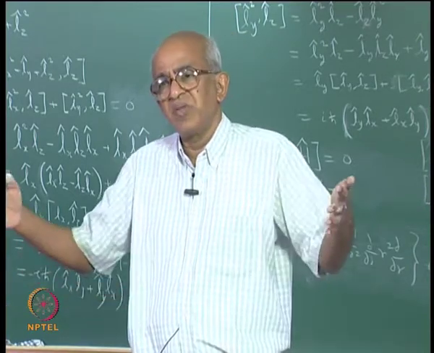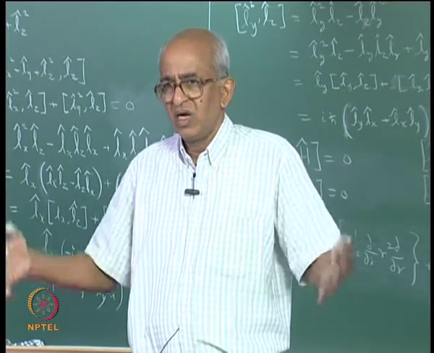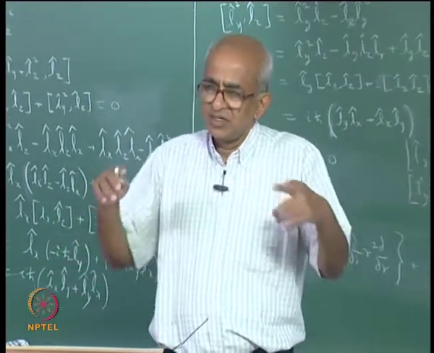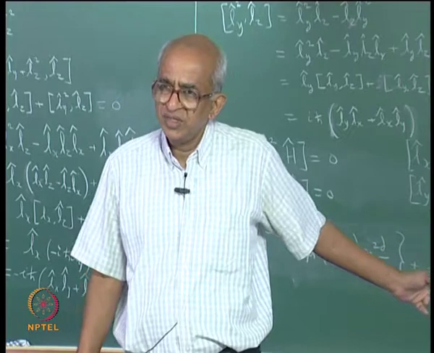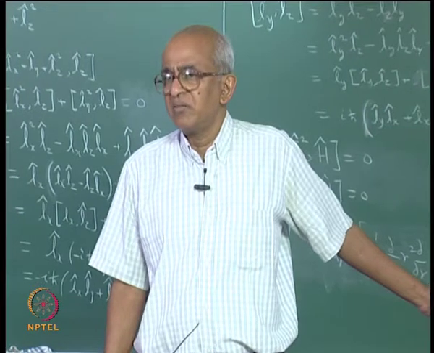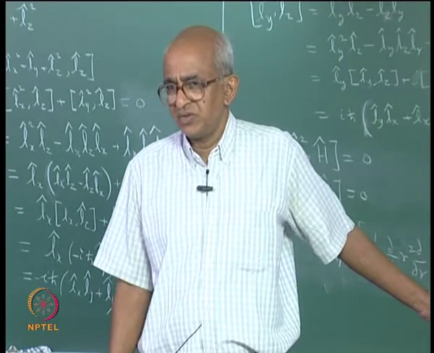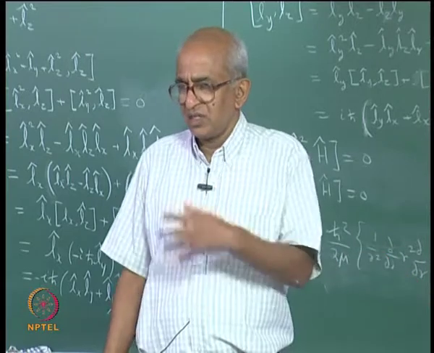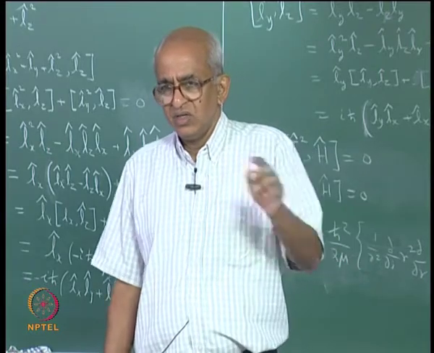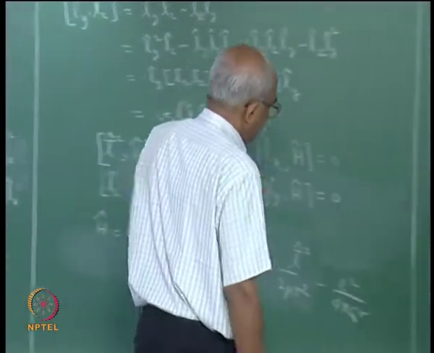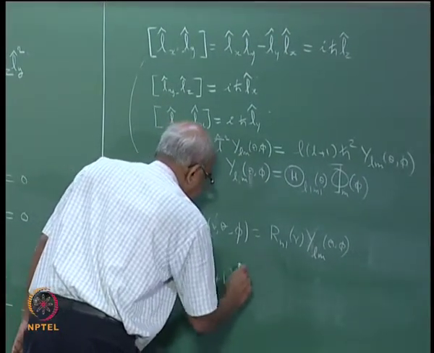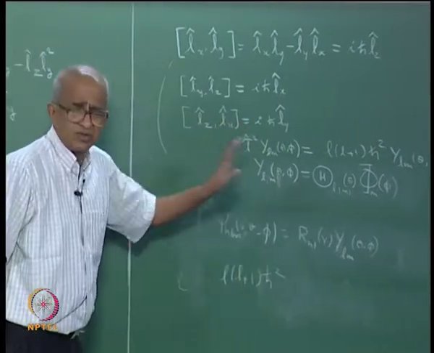This actually means that the magnitude of the angular momentum is such that its square is equal to l(l+1)ħ². And remember, l is a quantum number, it cannot have arbitrary values. So what are the values? The values are l equal to 0, 1, 2, 3, etc. So you find that the square of the angular momentum vector can have only values of the form l(l+1)ħ² with l equal to 0, 1, 2, 3, etc.